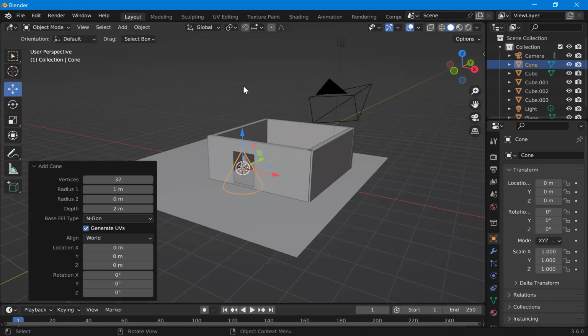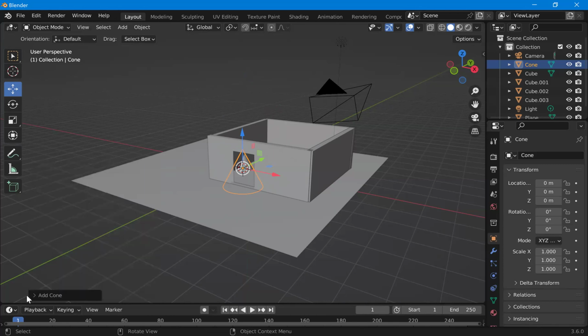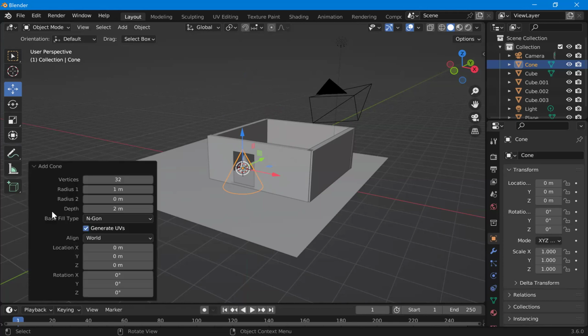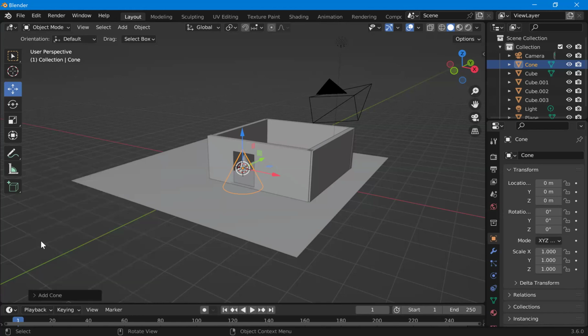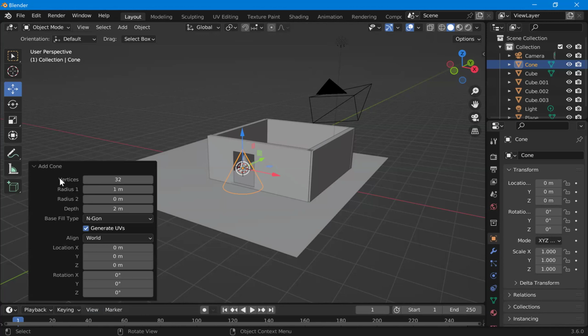So before I move it, I'm actually going to pay attention to this little toolbar here. It might just look like this right here, but if you click on this little caret, you can open it up to see more options. If it's not showing up, delete the cone and try again. It should just look like this in the corner of your frame. So I'm going to open that up, and it says vertices 32. That's a lot of vertices that create a lot of polygons. That's what makes our cone look